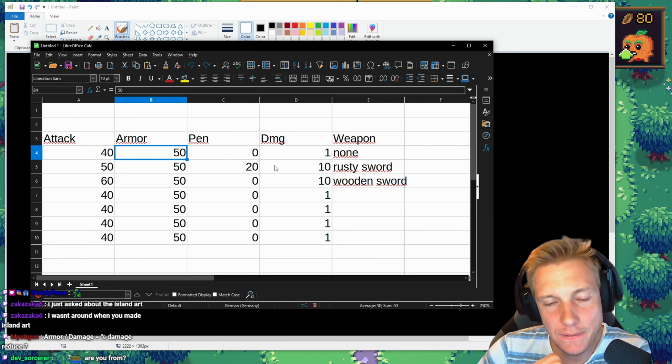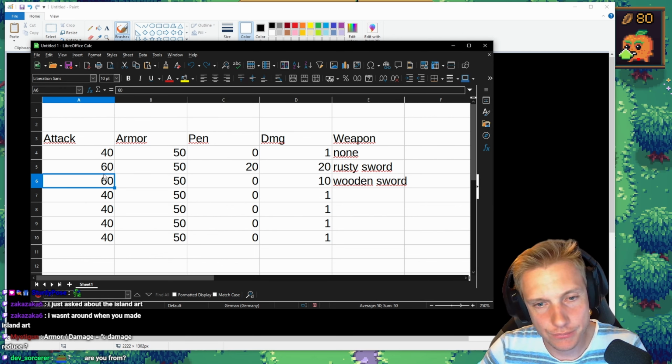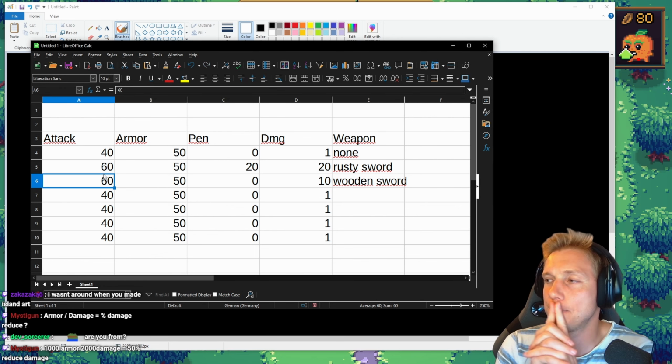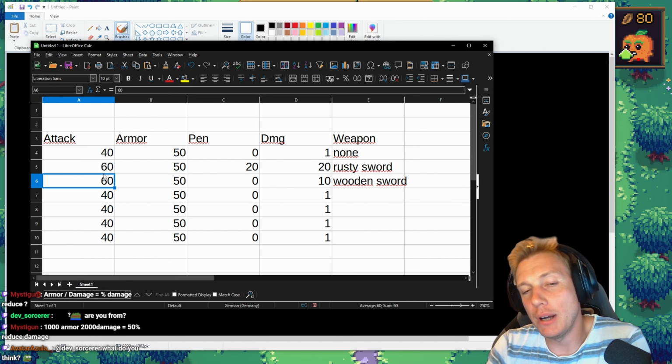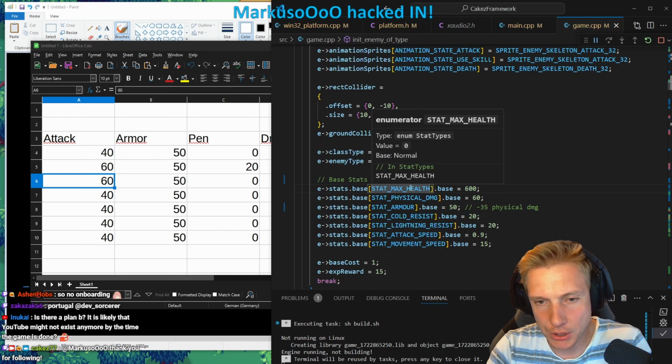What if I buff the Rusty Sword to 60 damage? Then we deal 20 damage. So why do I say this? Okay, why do I say this? Why can we do this? Well, because